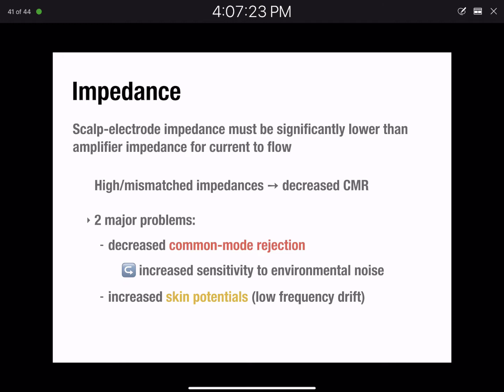Right, so the basic principle is, with high impedance, you have a worse path for current to flow from the brain to the scalp electrode. And the other side of that coin is, if you have less EEG getting into your wires, you're going to have proportionately more noise, typically. If you don't have low impedance between the electrode and the scalp, those skin potentials, muscle potentials, the 60 hertz noise from the environment, those are all going to be relatively bigger, because everything's about this